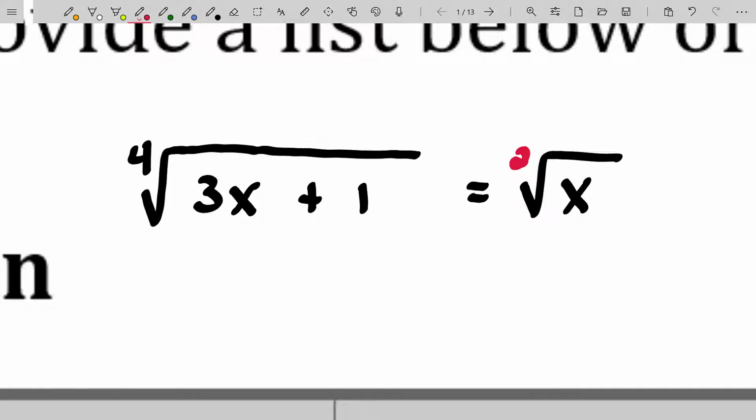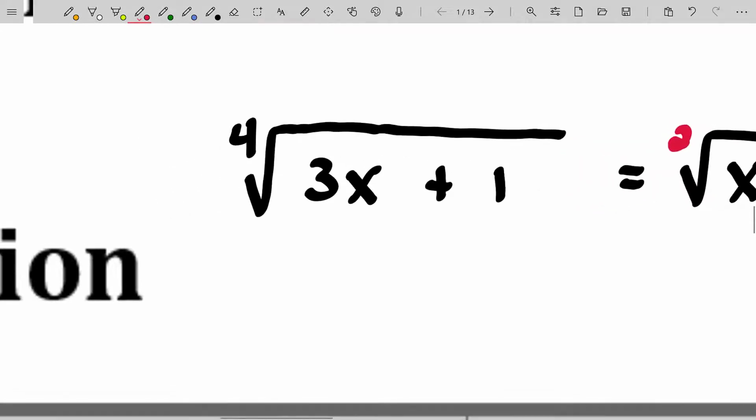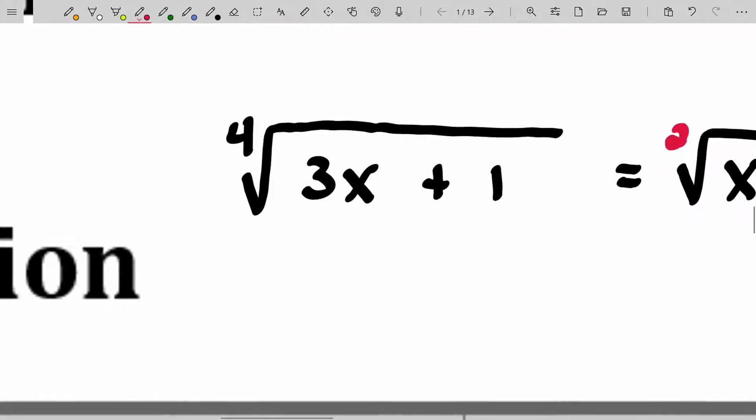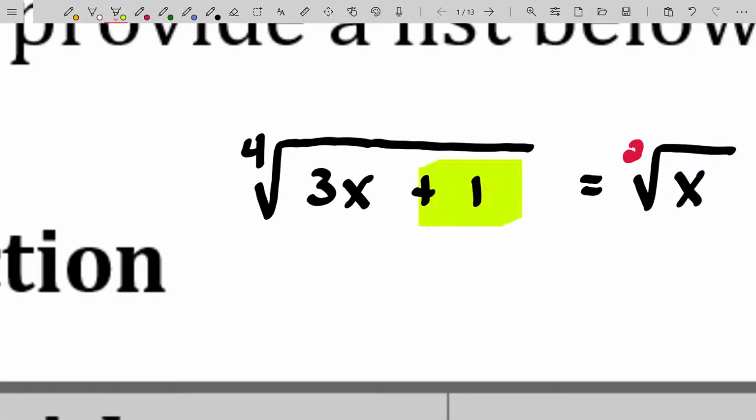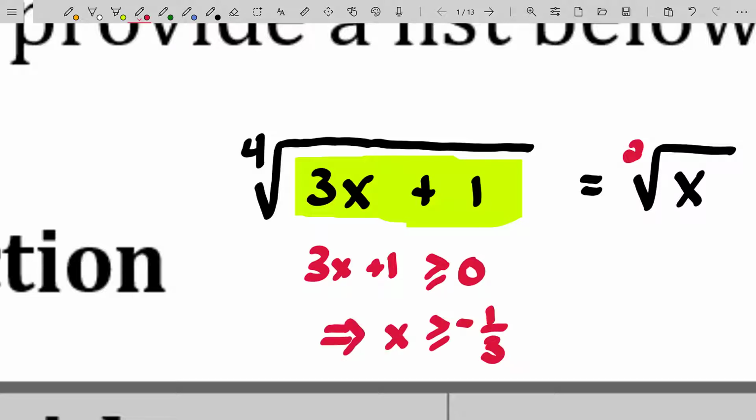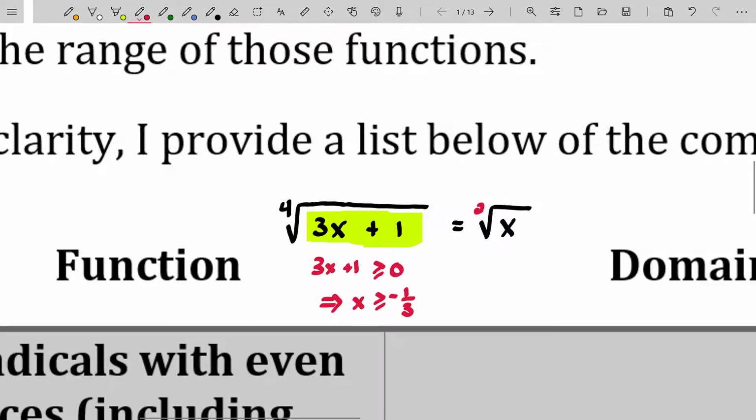The first thing that you have to note is that the argument of any radical with an even index, which by the way we would call the radicand, must be greater than or equal to 0. So in this case, that 3x plus 1 is already restricted. It has to be greater than or equal to 0, which tells us that once we're done doing all our manipulations, x has to be greater than or equal to -1/3. If we get an answer that's not greater than or equal to -1/3, it's called an extraneous solution